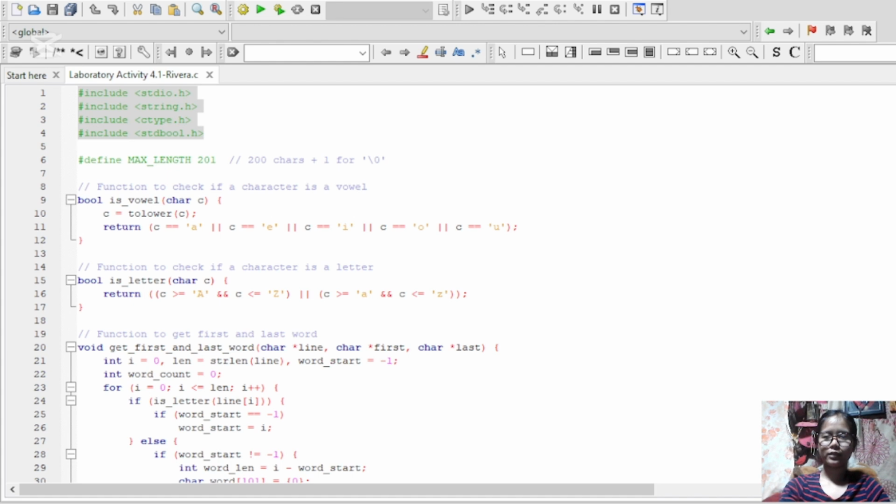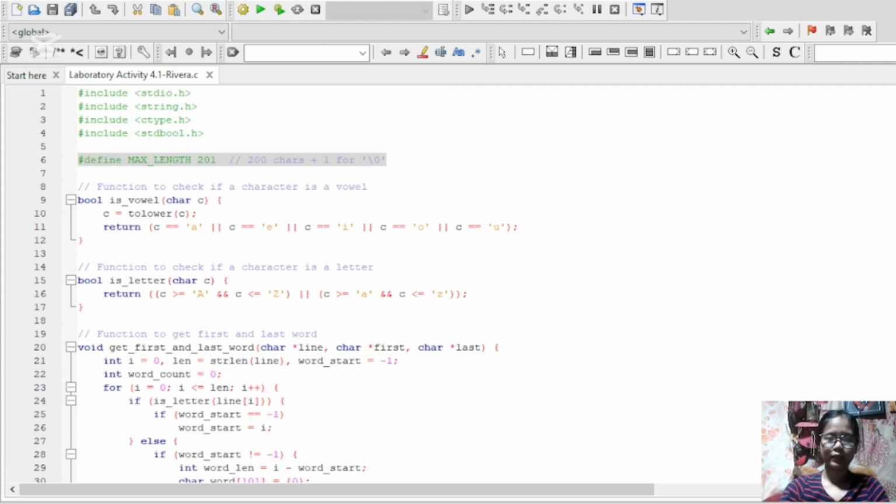The ctype header is for character checking like tolower. This stdbool header gives us the bool data type because we love true or false things. The second one, this macro, defines the maximum line length, including space for the null character at the end. So 200 characters plus the null.